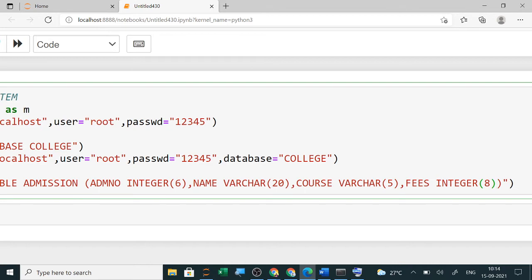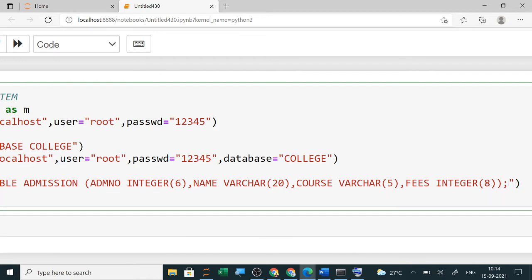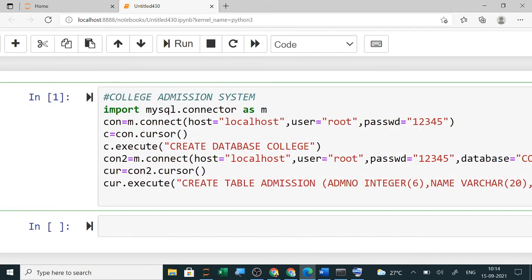Now at the end I will close the bracket, and after closing your create table bracket you will give a semicolon. Now enter. So one table will be created here because you have given the create table command.